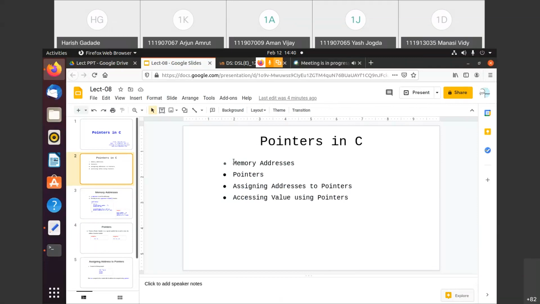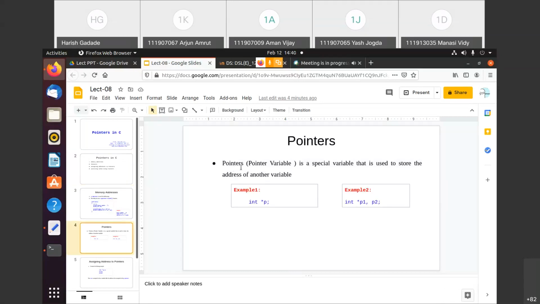But now whatever the address of that memory block is, we need to store it into memory, and to do that we need the pointer concept. Keep this definition in your mind: a pointer or pointer variable is a special variable that is used to store the address of another variable. Keep in your mind, address of another variable.